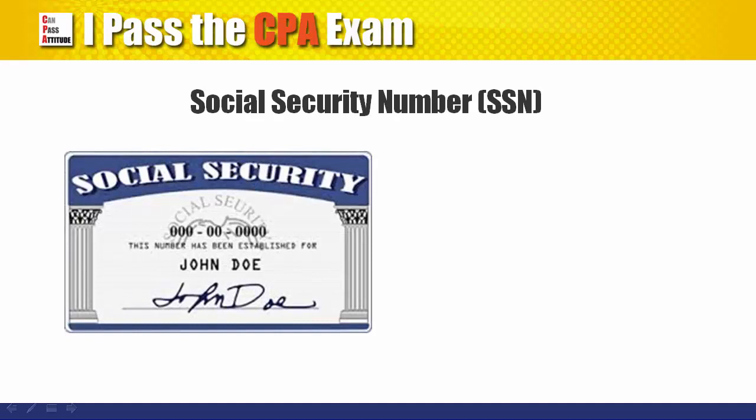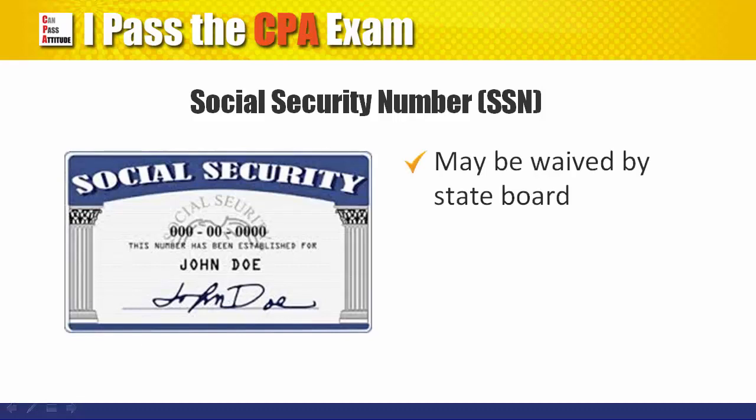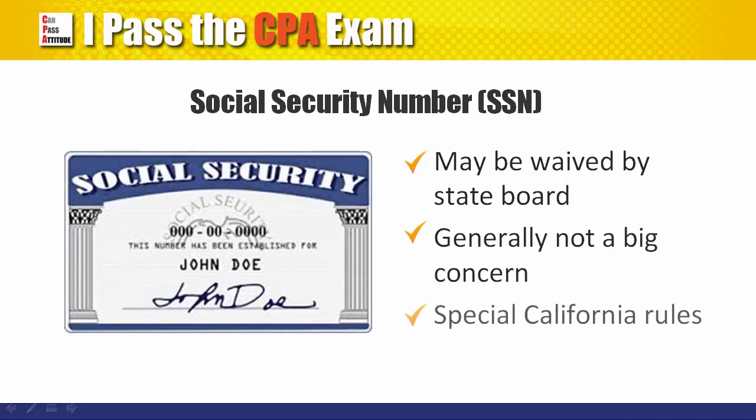Other considerations. Social Security number. Most state boards require the candidates to submit their SSN or Social Security number in their application. You get an SSN only if you are allowed to work in the US. Quite a lot of states can waive this requirement if you fill out a form or write them a letter, so generally this is not a big issue for international candidates. The only state to watch out for is California. SSN is not required to sit for the exam, but mandatory to get the license. If you don't want to get stuck in the middle of the process, please select another state.